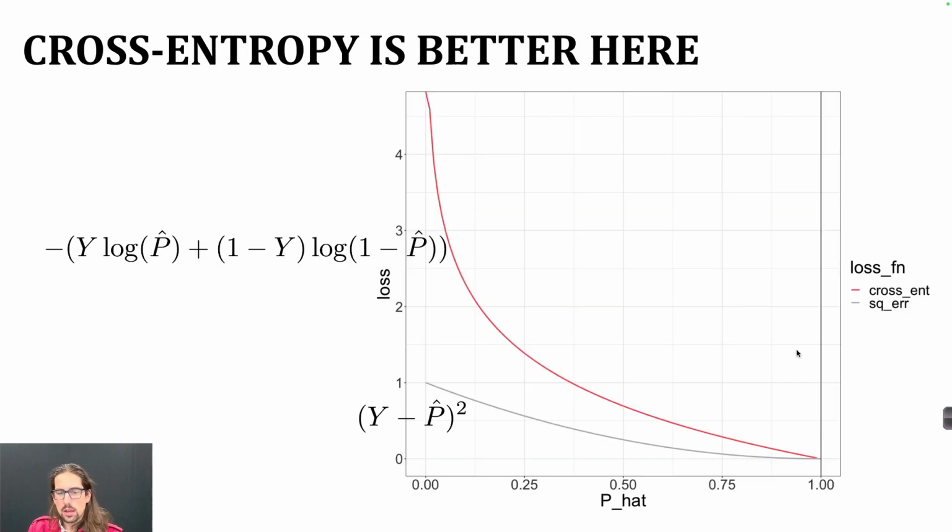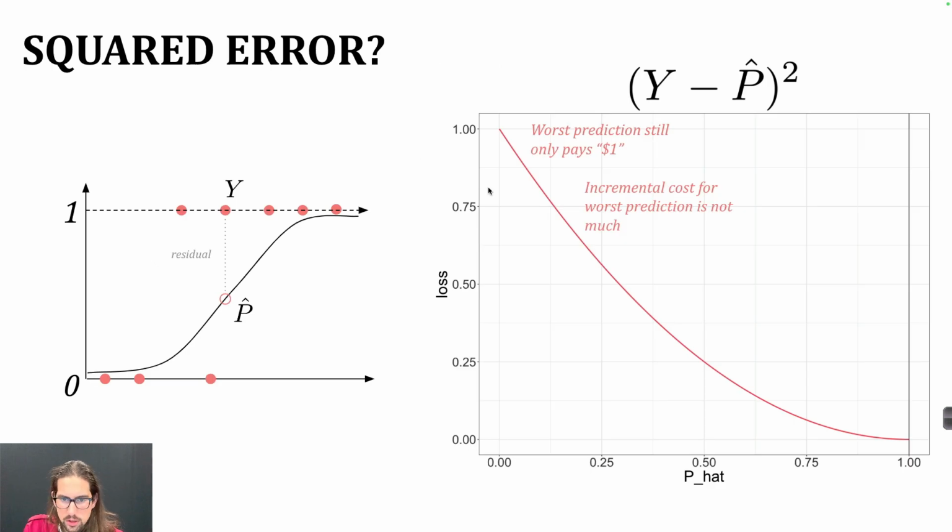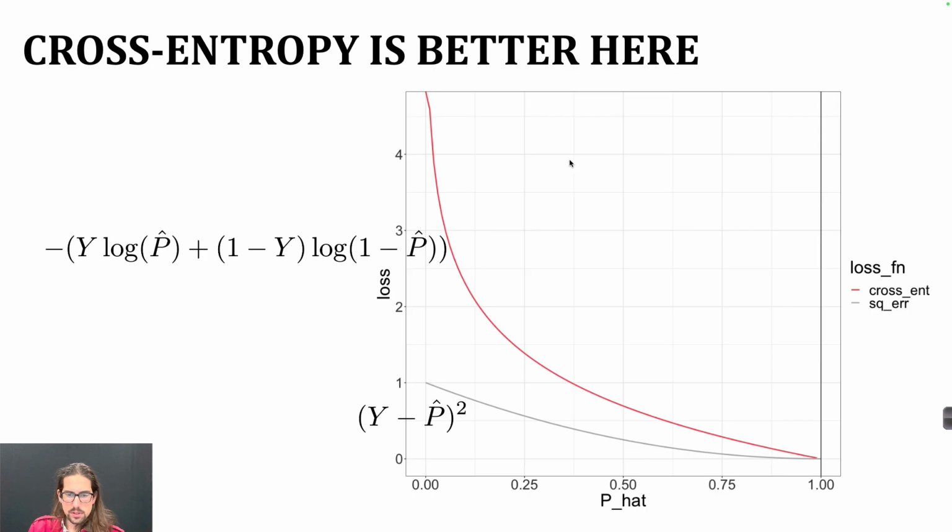And so one solution that people use, and this is what is done for logistic regression, is that they use a different loss function. The loss function is called many things. I'm going to call it cross entropy because that's what it started being called in the deep learning literature. But it's also called multinomial log loss. It's called binomial deviance. But it's all the exact same thing. And this is the formula here, which you can totally ignore for the second. I'm just showing you the shape of it, right? So if this is the probability of the outcome, this is the loss function for y equals 1